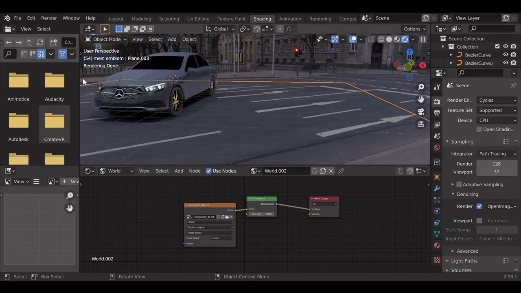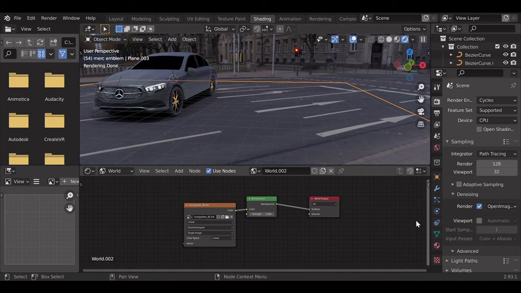Okay, so till now we have talked about how you can download an HDRI and add it to your blend file, and we have also talked about how you can make your object look more realistic in the HDRI file by adding the shadow catcher. Now in this part we're going to talk about how you can customize the HDRI that you have downloaded. Down here, if you go to world, in the shading option, you get these nodes out here. Using these nodes you can customize the HDRI.